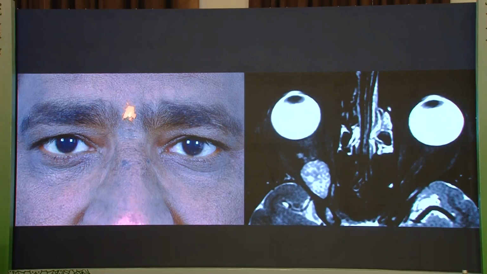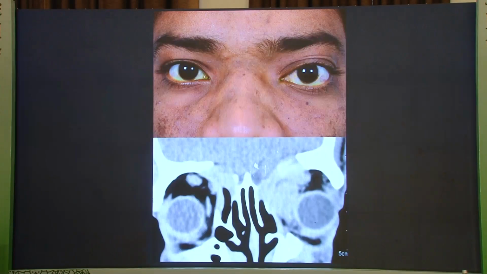Another patient over here, clinically nothing is seen, absolutely perfect, no defect whatsoever. Vision is also retained, what do you do? But there's a little bit of stretching sensation that the patient can complain of sometimes, and this was a patient with a cavernous hemangioma in the apex. And this patient was treated well with radiotherapy and did pretty well.